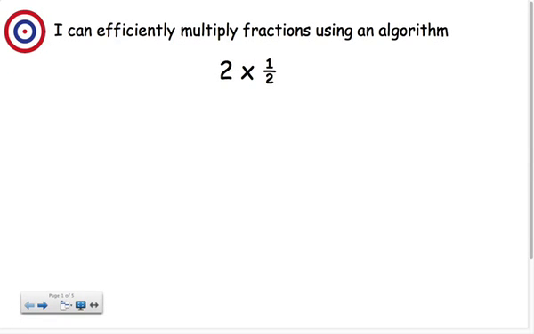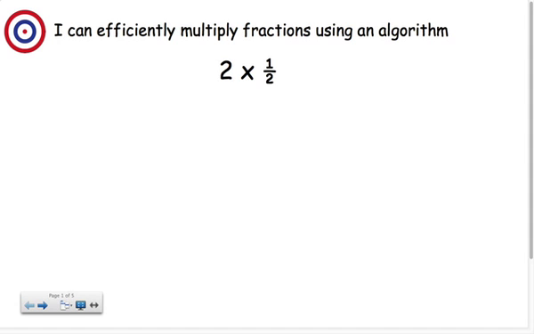Hey mathematicians, in this lesson we're going to be efficiently multiplying fractions using an algorithm. Now that we've learned how to multiply fractions using a model, we're going to go to that quick and step-by-step directions. That's the algorithm. In this example, we have 2 times 1/2, or two groups